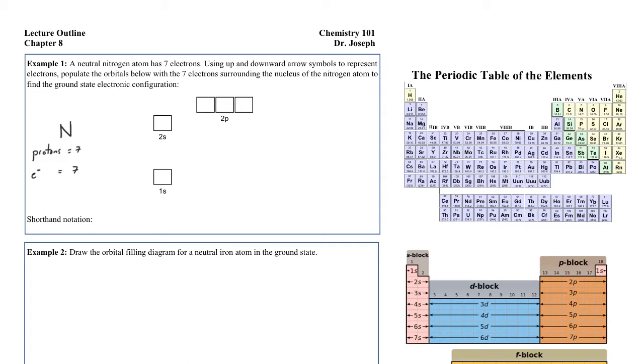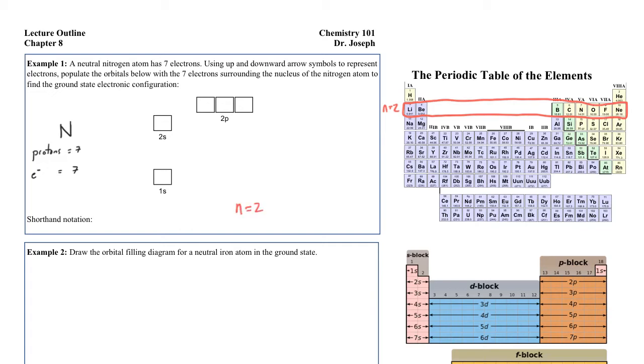So if we look at where nitrogen is over here on the periodic table, you'll see that it is in n equals 2, right? So I'll write that over here. n equals 2 for this row. Now, if it's in n equals 2,